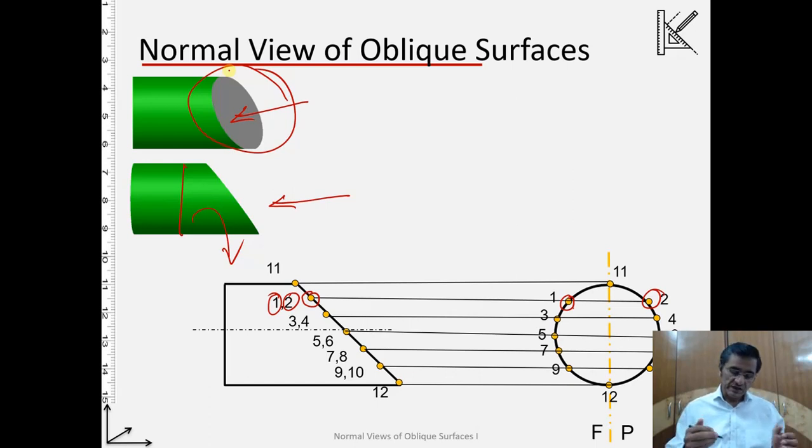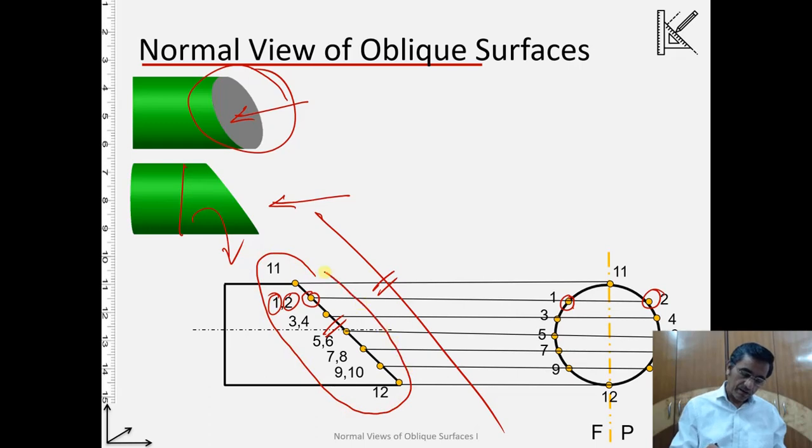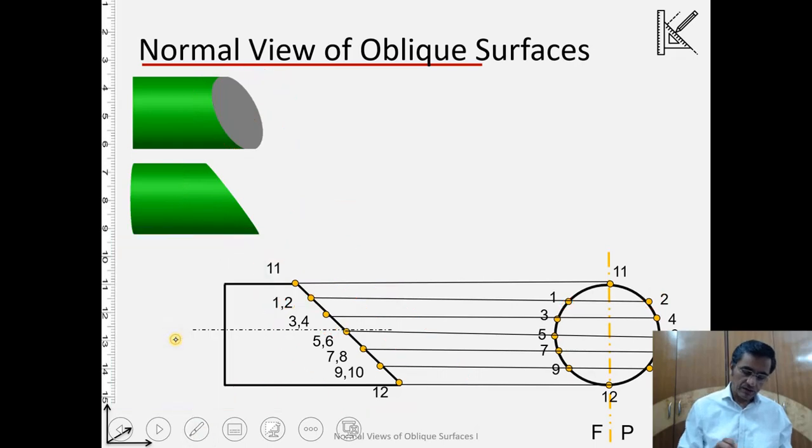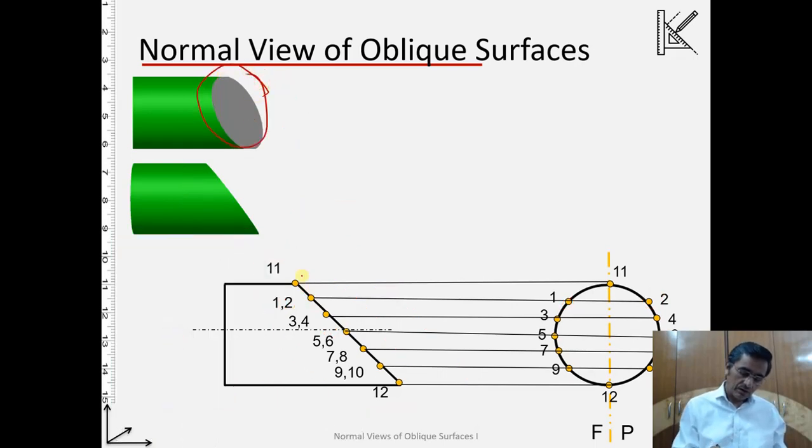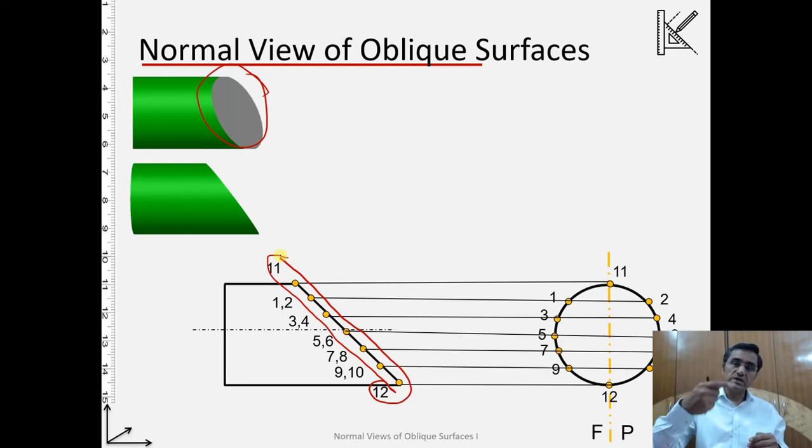Alright, in order to create the true view of this, I need to now see parallel to this. Because what we see over here, this line is an S view of the given plane. Let me repeat, for the given plane, the line 1 1 and 1 2, this line is the S view, and once the S view is known to me, I can create an auxiliary plane whose S view is parallel to the S view of the given plane. So let's do that.